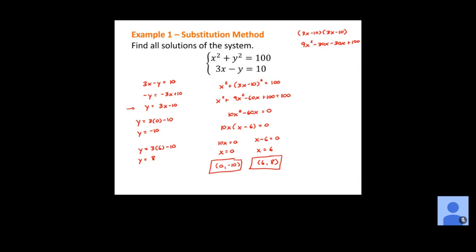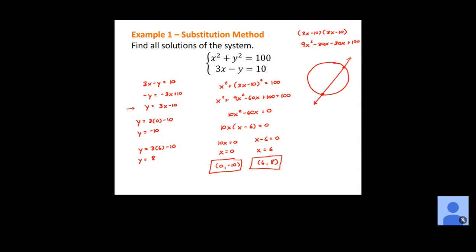Now, keep in mind here, that first equation is going to give us what if we were to graph it? So the x squared plus y squared equals 100. What would that look like if we graphed it? It's a circle with a radius of 10. Good. And then if we were to graph this second equation, it's going to be a what? A line. And so graphically, and you could put this in Desmos and actually look at it, we basically have a circle with a line going through it like this,